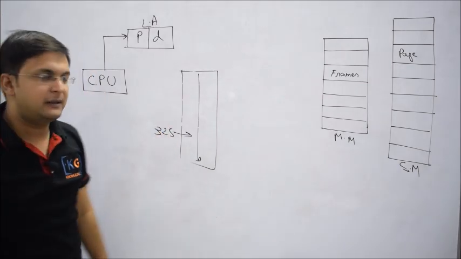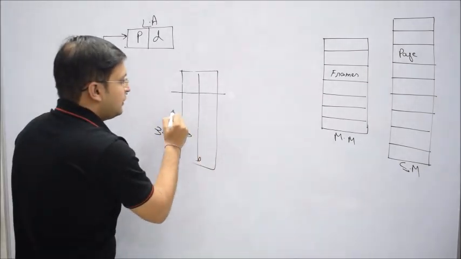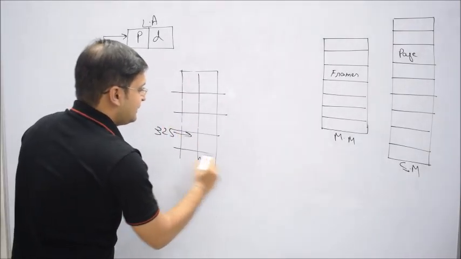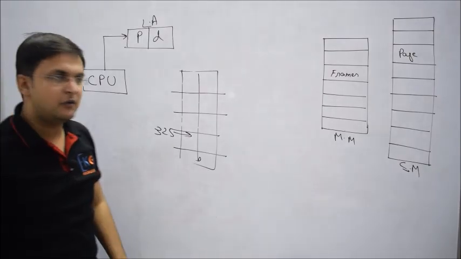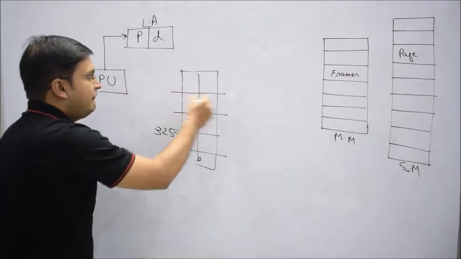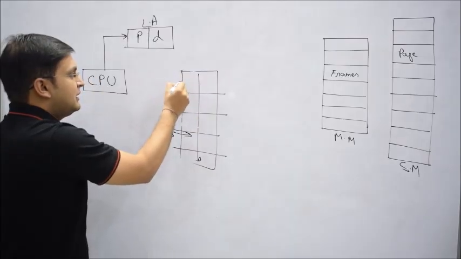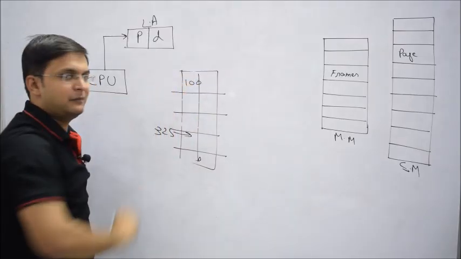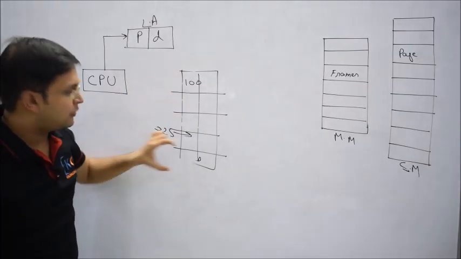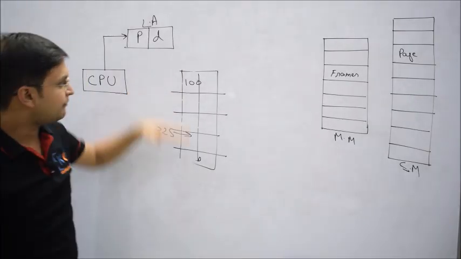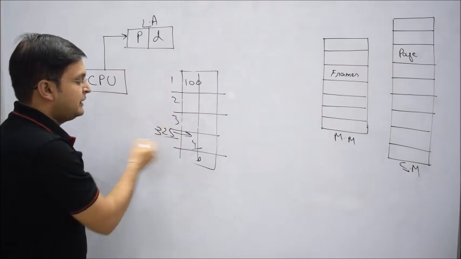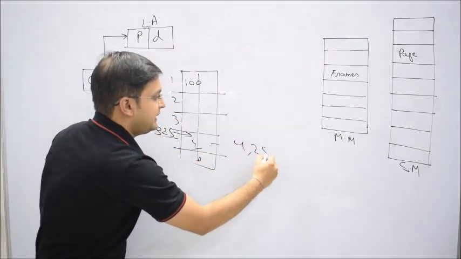But now if I divide your story or your process into equal size partitions or pages, tell me what will happen. Now I'll not say go to instruction number 2,500. Let me say every partition or every page contains, for example, 100 instructions, because we have already discussed that the size of each partition is the same. Now I'll say, go and access page number 4 and instruction number 25.